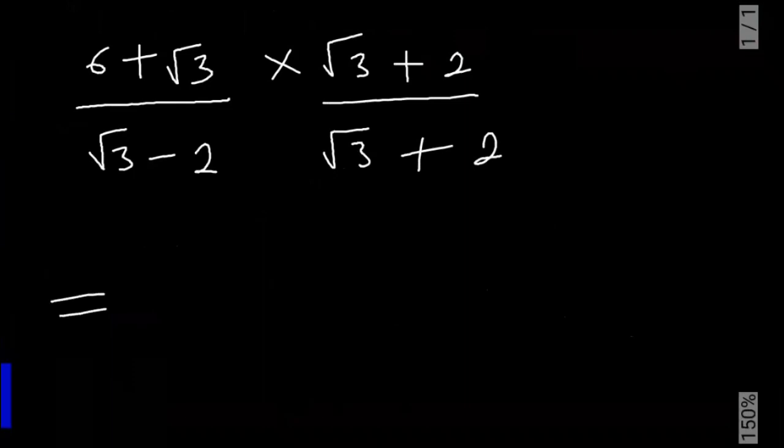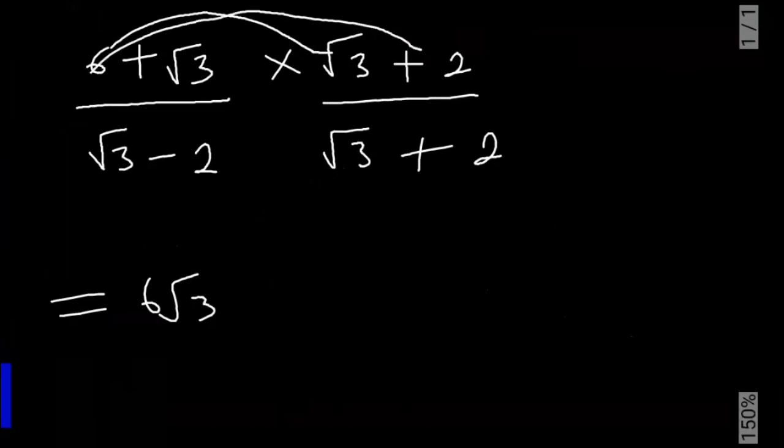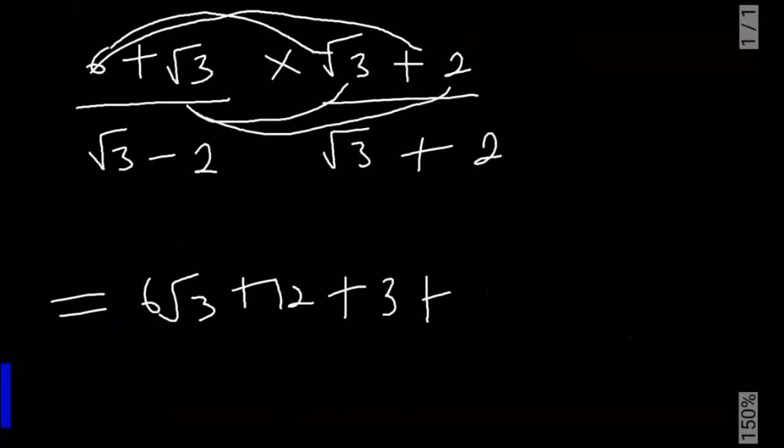So if we simplify this, 6 multiplied by root 3, we have 6 root 3. 6 multiplied by 2, we have 12. Root 3 multiplied by root 3, we have 3. Root 3 multiplied by 2, we have 2 root 3, over